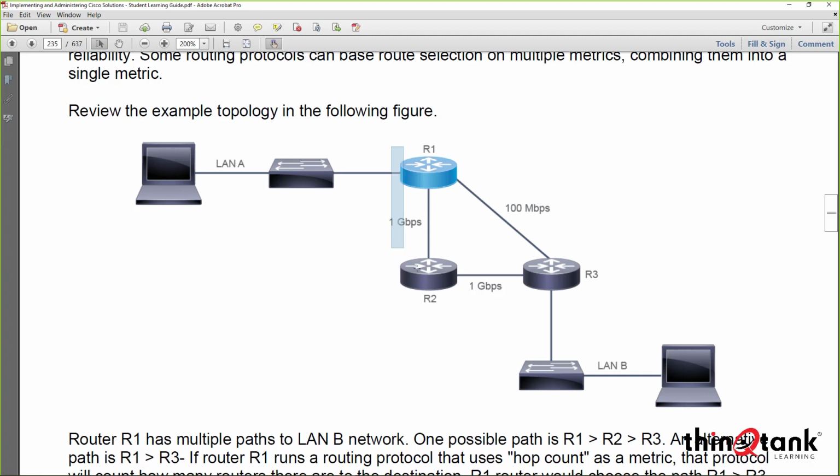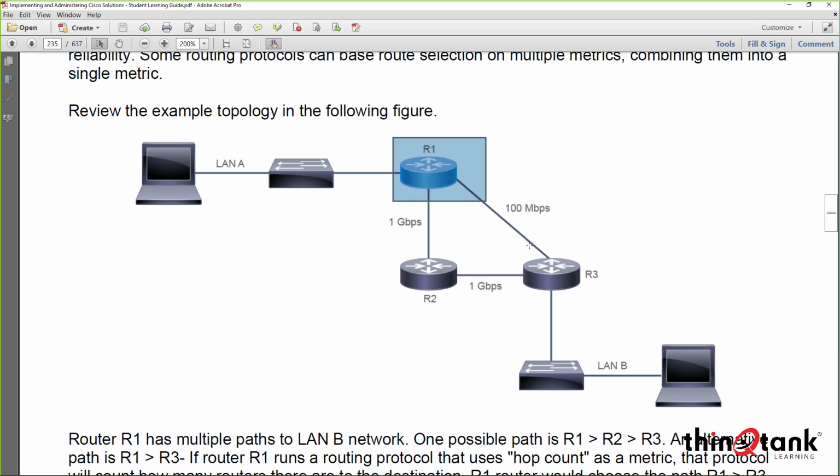So would I take the path going this way from router 1 to router 2, or would I take the path going to router 3? This path is a gig, this path is 100 meg, so most likely I would choose the path to router 2. Different routing protocols have different ways of evaluating paths. RIP uses hop count. So actually, from RIP's perspective, RIP would use this path